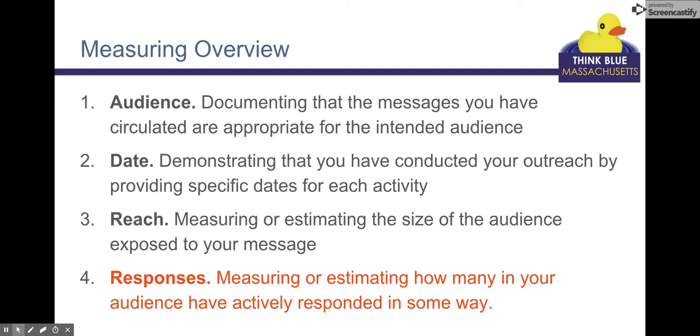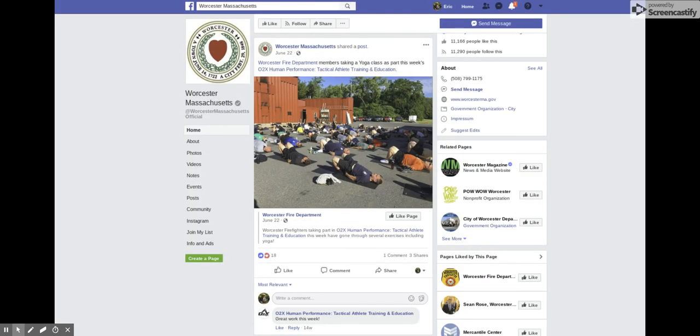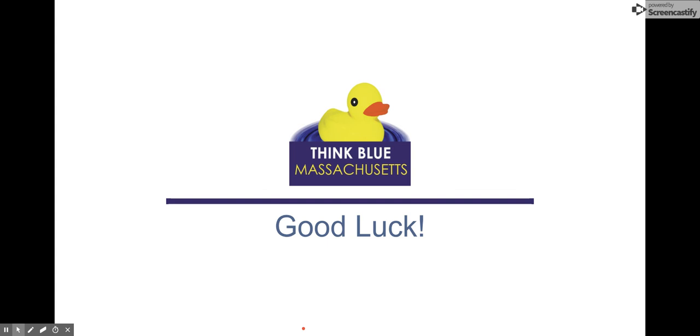The last thing that you can measure is the number of responses. How many people in your audience have actively responded in some way? Once again, looking at this Worcester, Massachusetts post, you see that there are 18 people that have liked, loved, or laughed, and 1 comment. So they have 9 responses. And that's how you use